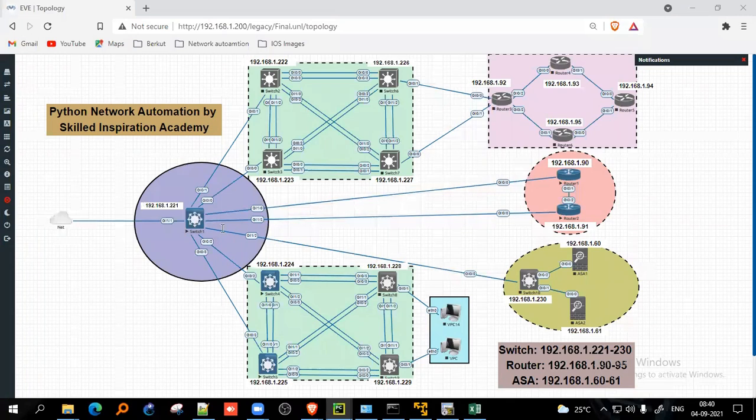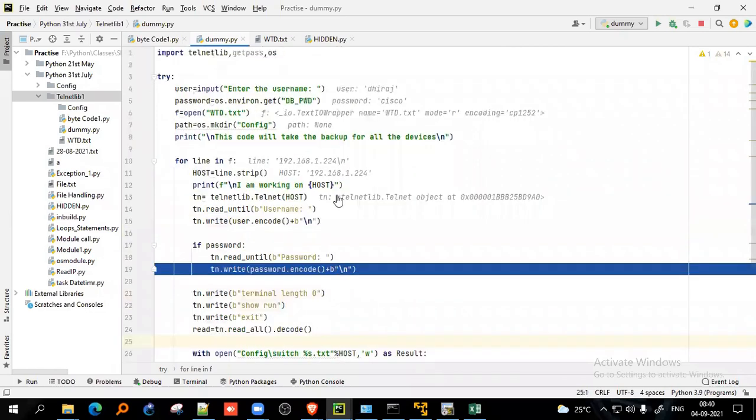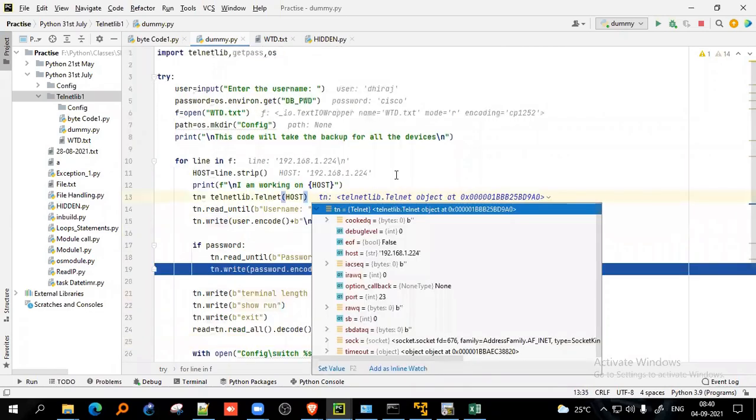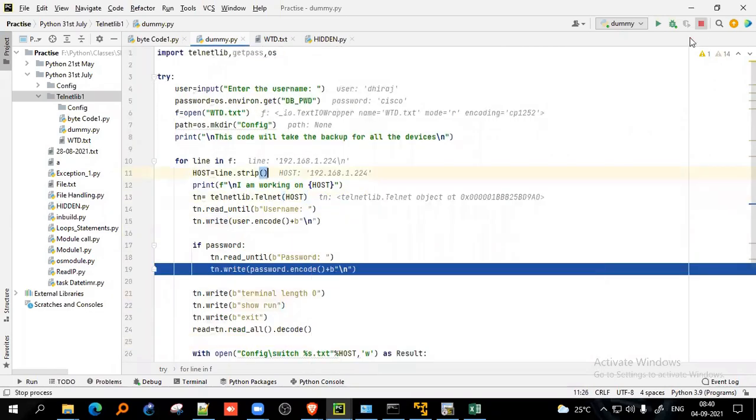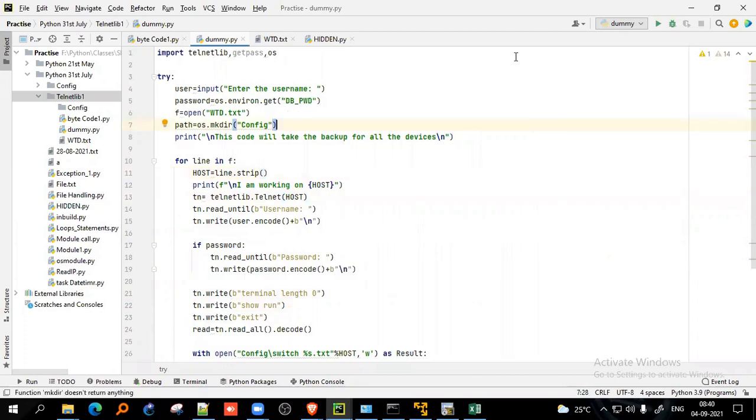Okay, let's fix this now. Let me stop this code.